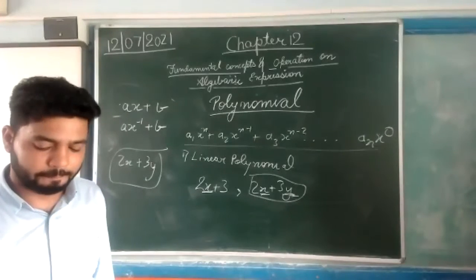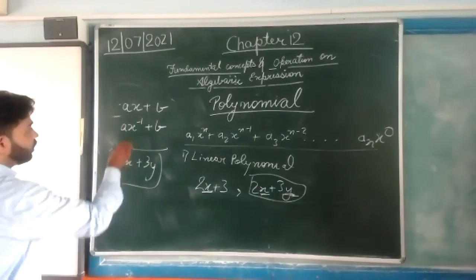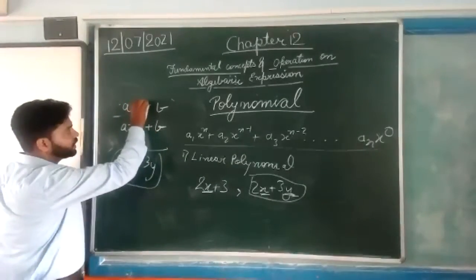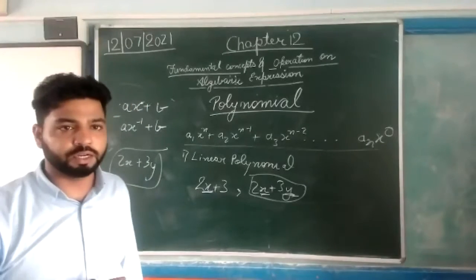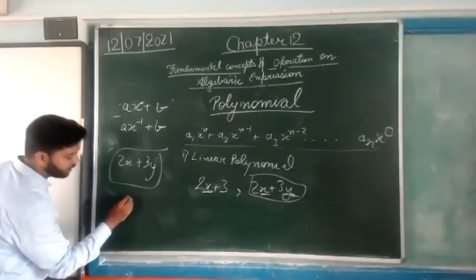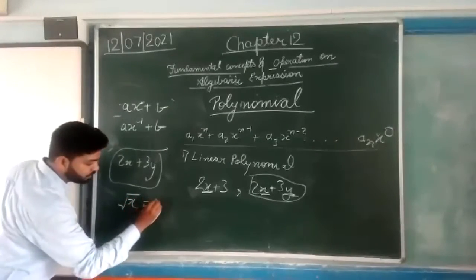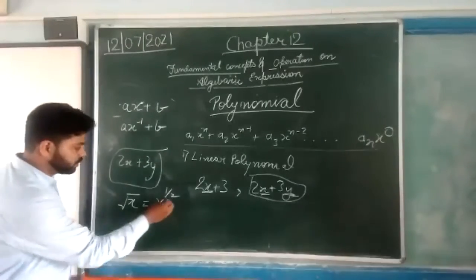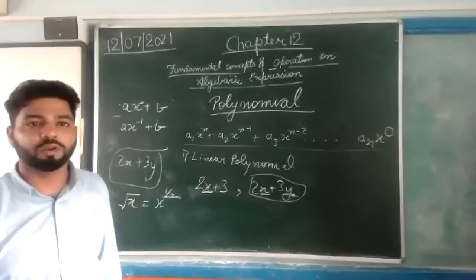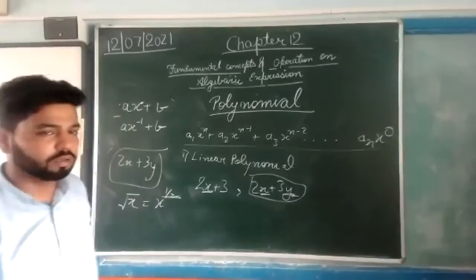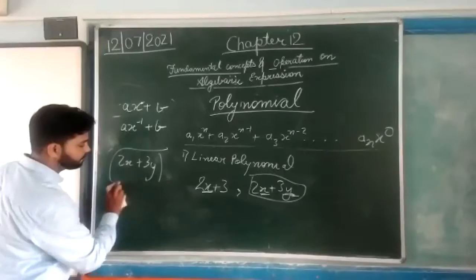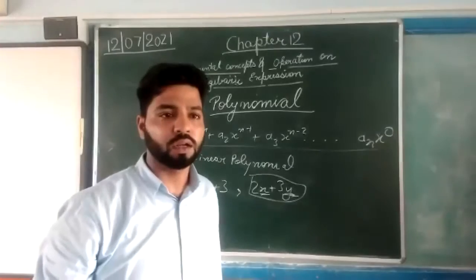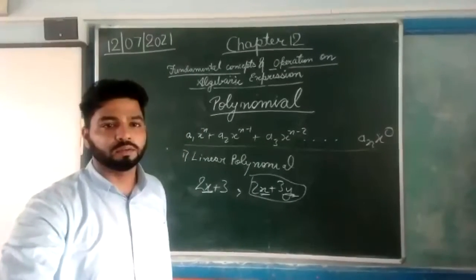Yes, okay, so root x is equal to x to the power 1/2. No, this is not a complete definition. The complete definition is that it only has integral powers, not fractional values. We can write root x as x to the power 1/2, as I explained in chapter 2. This has a fractional power, so it is not a polynomial. We cannot consider this. So sir, a fractional power is not a polynomial. A fractional power is not, and a negative power is also not. We only include integral powers. Yes, Ardhika.